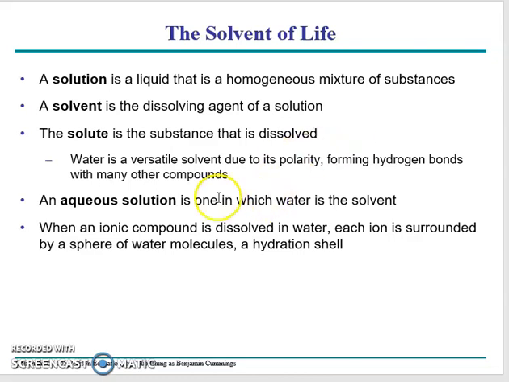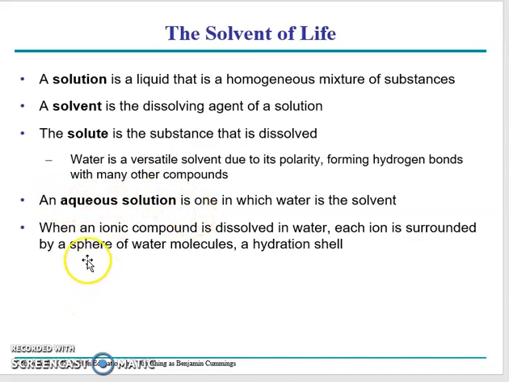Okay, so water is a very versatile solvent because it's polar. It sticks to lots of things because of those hydrogen bonds, and that means it can carry things around with it, like all the stuff in our blood. If you have gotten a blood test recently and you wanted to see the readout, there's a bajillion things that you can isolate from the blood, because all of those compounds are running through every cell and every part of your body, and therefore they're all dissolved in the liquid part of the blood. That can tell doctors whether you're healthy or not, depending on the levels. An aqueous solution, therefore, is what we're going to be talking about in this class. It's one in which water is the solvent.